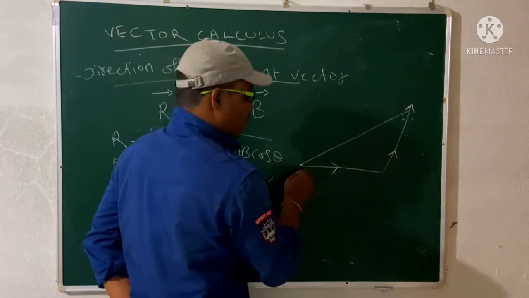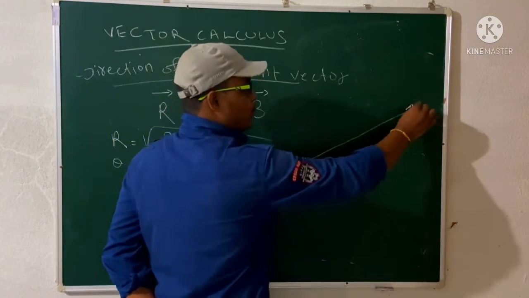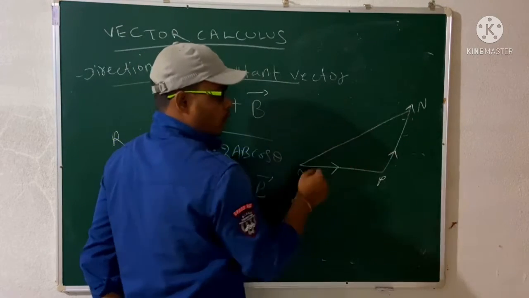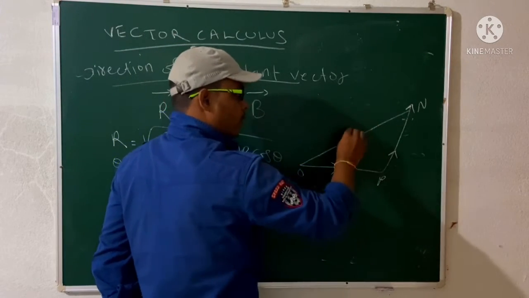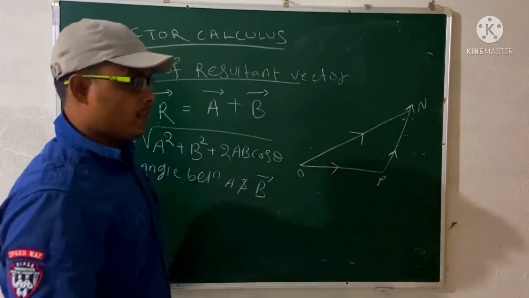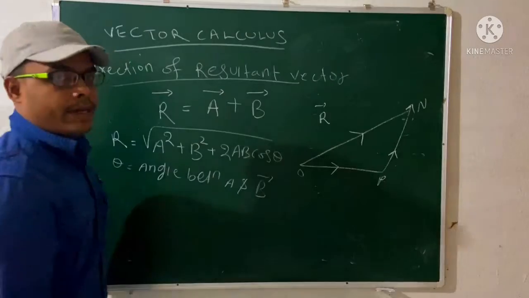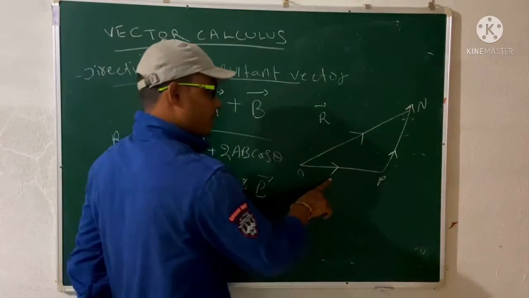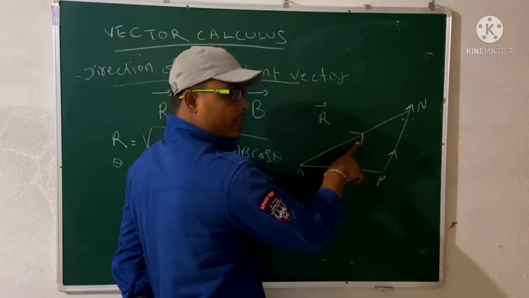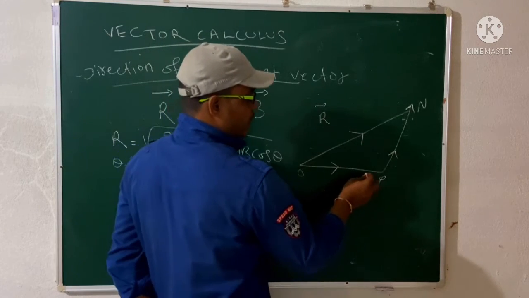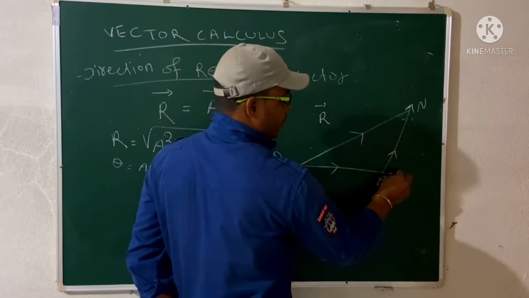But when you are moving from O to P, then you move from P to N, because this is the circular path. Then what is the path? N to O. That means you are moving like this, but the resultant is in the opposite direction. If this is the R vector, then your R vector will be the A vector plus the B vector. Look, the direction should be opposite. The R direction must be opposite to A and B. Okay. So what is the angle? So this is your A vector, right?